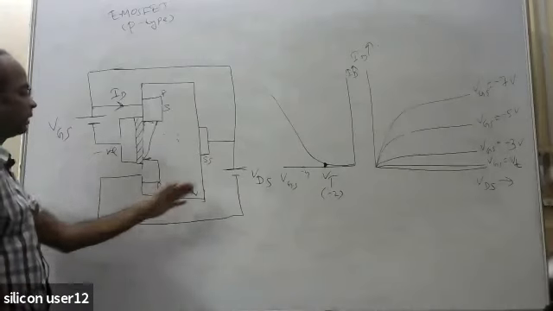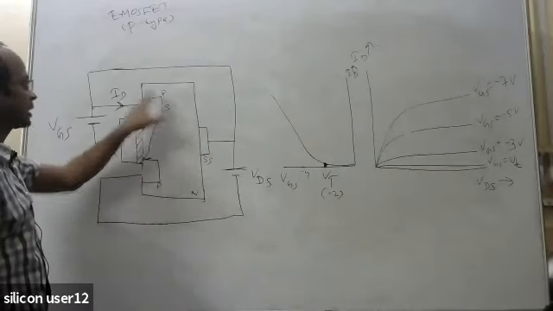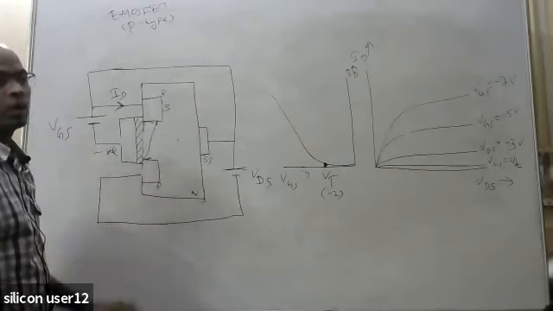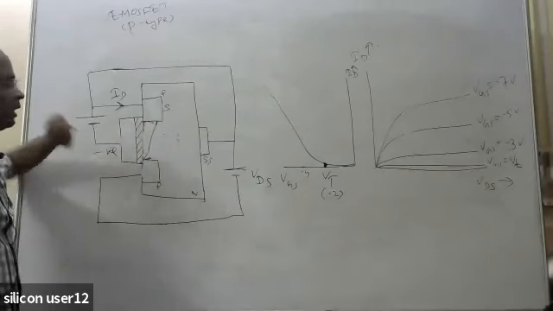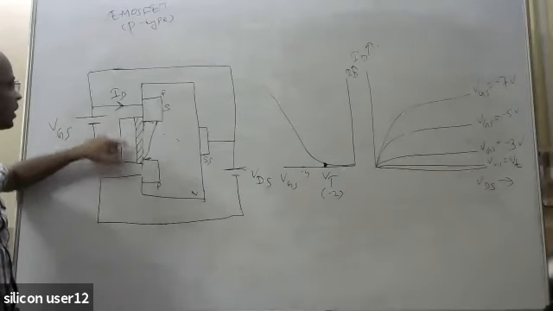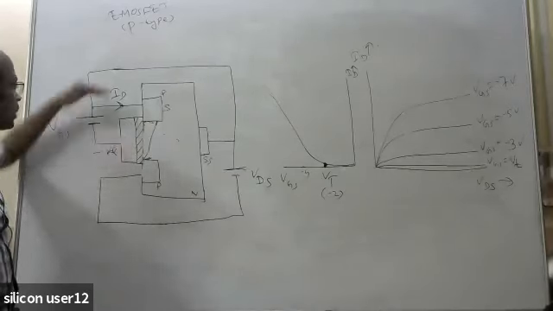Before going to that, you just remember that in case of an NMOS, if you are applying a positive gate voltage, that was switched on. Similarly, in case of a PMOSFET, if you are applying a negative gate voltage, then the PMOS will be switched on. Here you are applying a negative gate voltage, because whatever the source voltage and the body voltage value was there, we are applying the negative voltage to this gate terminal. So we are applying negative voltage to the gate with respect to the source.